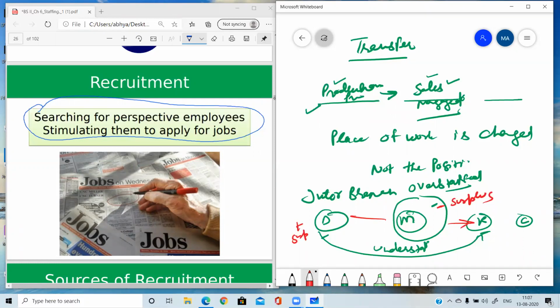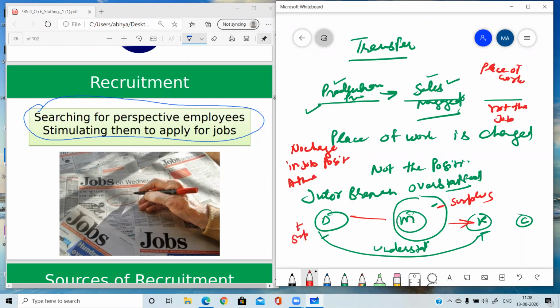Horizontal shifting. Why am I telling you horizontal shifting? Because here only the place of the job or place of work is changed, not the job position. In the Mumbai branch, one person was working as the production manager or the sales manager. In the other city branch also, he is working at the same level. His post is manager, so he is working at the manager post there also. So there is no change in job position,